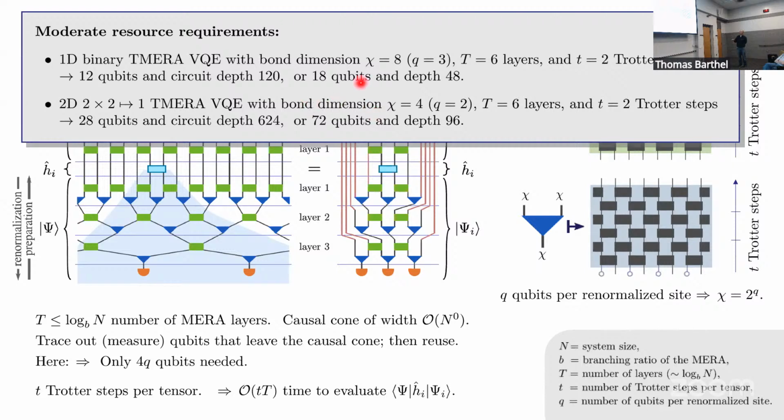And then yeah, 6 layers, two Trotter steps should be enough. So I think the circuit depth is a bit too much currently, but 28 qubits we certainly have. And depth 96 I think should be in the range of what we can do. And this doesn't require error-corrected qubits. So this can be physical qubits. 72 I think is a real number. I think with this you could already do